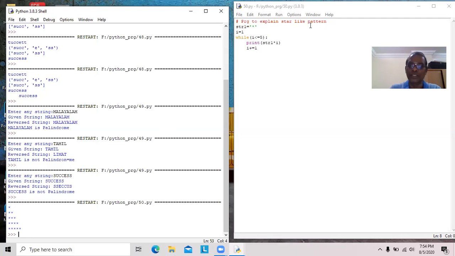While I was studying my BA graduation, in 1992, I think in the third or fourth semester, my lecturer taught the same program using Fortran. In those days we studied only Fortran as well as Pascal.